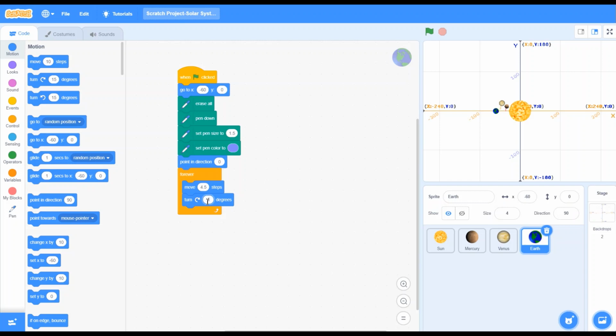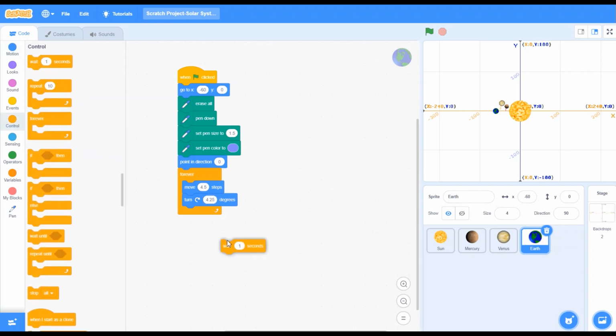Okay, now I will change it to 4.25. Now I will go to the controls. I will pick up wait 1 second, and change it to 0.1 second. Now let's see. Yeah, it's really working. Awesome.